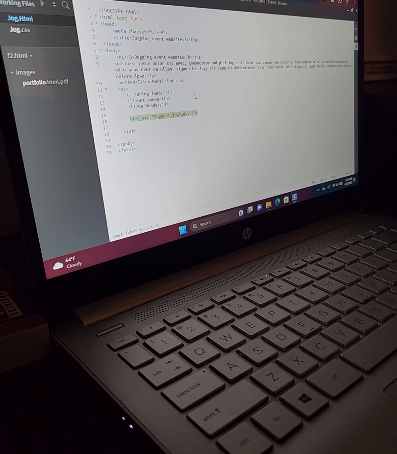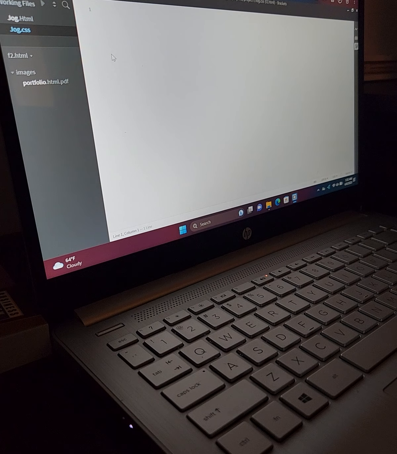We could, I'll show you a little bit of CSS, why not? So with CSS, for example,